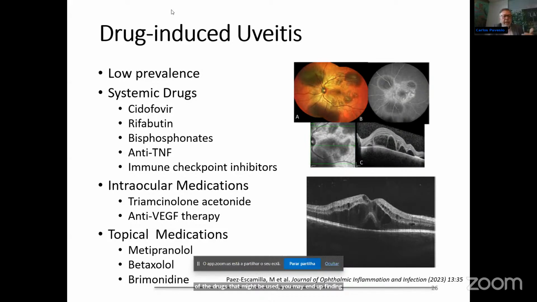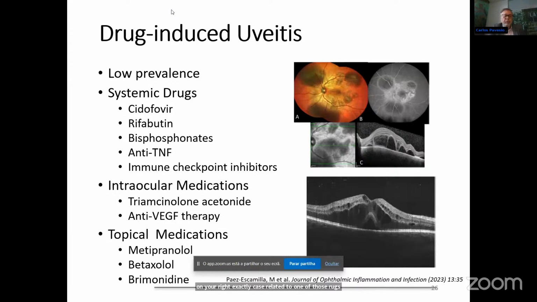So, systemic treatments: cidofovir, which Janet, who's going to be discussing later on, looked into in the past. We were treating patients with that for CMV retinitis. It's a drug that could potentially cause very serious complications to the eye, especially hypotony. But it's important to remember that these drugs, such as rifabutin, bisphosphonates, which are very frequently used in our patients with osteopenia or osteoporosis, the anti-TNF treatments we're using more and more for the management of non-infectious uveitis, and more recently, the immune checkpoint inhibitors, especially for treatment of melanomas, are associated with uveitis. The images you see on your right are exactly a case related to one of those drugs.